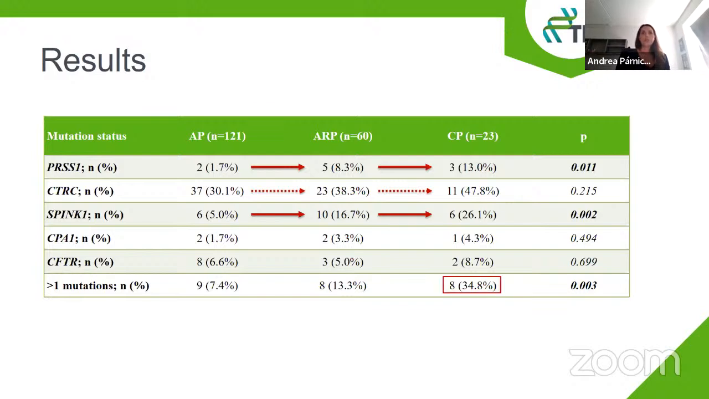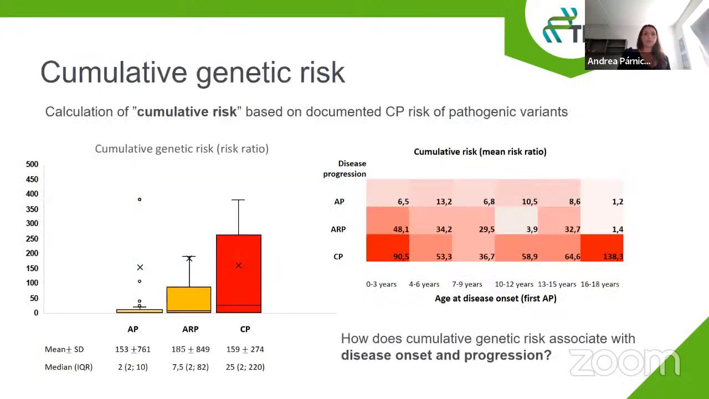It should also be noted that having more risk-increasing mutations was significantly more common among chronic pancreatitis patients. We also calculated the cumulative risk based on the documented CP risk of pathogenic variants. And you can see here that it's increasing through the groups, and based on this cumulative risk, hopefully in the future we can predict the disease onset and the progression of the